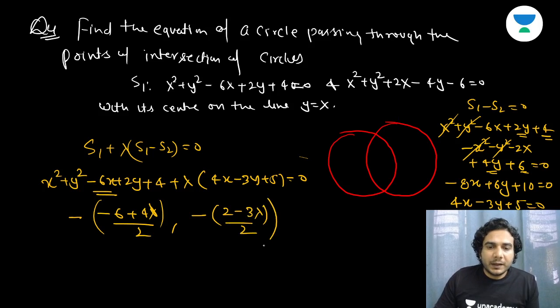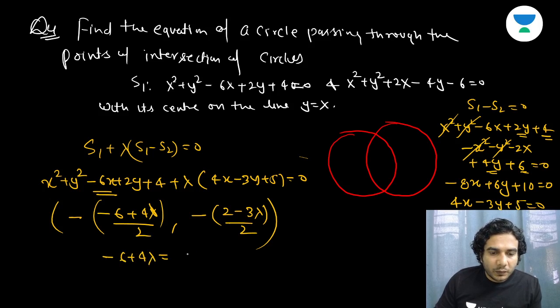And it is given that the center lies on the line y is equal to x. You can put in that. So it is actually minus 6 plus 4 lambda is equal to 2 minus 3 lambda. Okay, equate x is equal to y, simple. So the minus signs will get cancelled, 2 and 2 will get cancelled, and